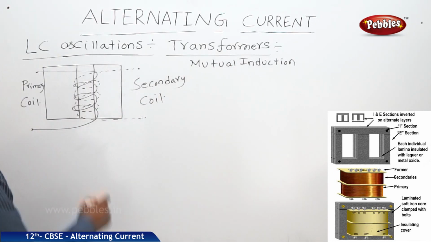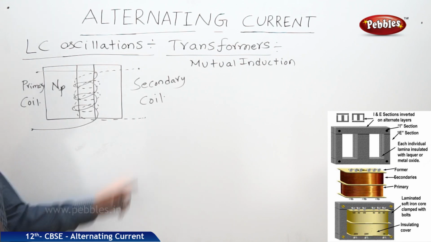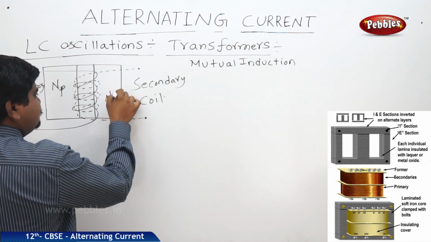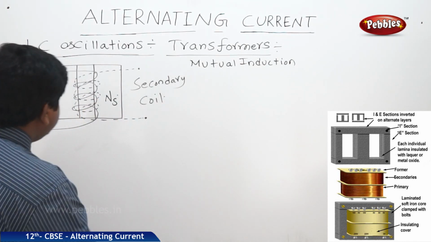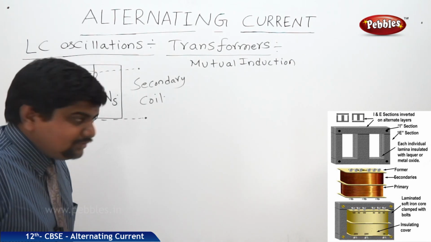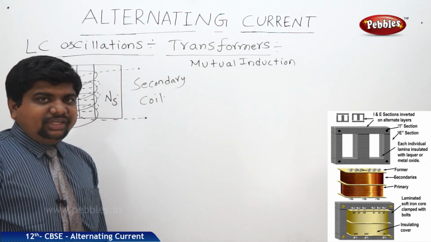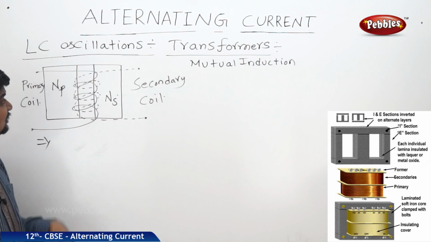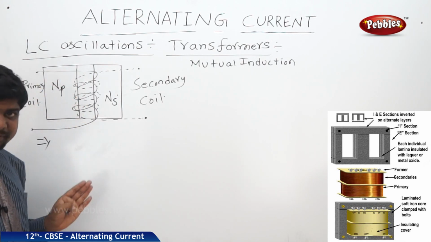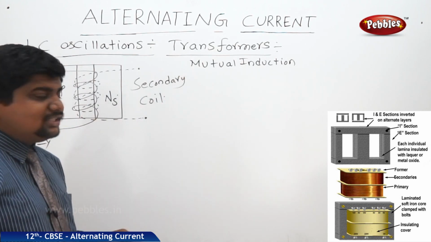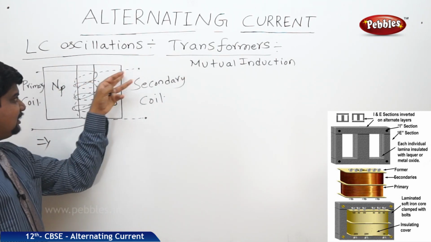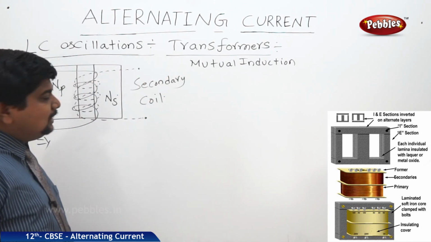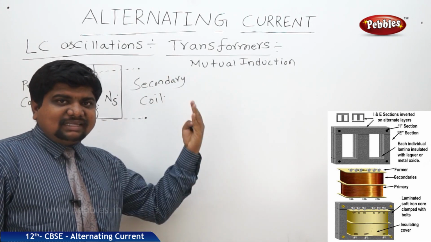The number of turns in the primary coil, let us write NP. The number of turns in the secondary coil, which are dotted by the dotted lines, let us say NS. So, this primary coil has some EMF, this secondary coil also has some EMF. So, there is a possibility for the flux linkage. What is the meaning of flux linkage? Primary coil, whenever it is connected to the power source, it always expels the electric field lines through the unit surface area. That's why this flux creates the induced EMF in the secondary coil. By varying the turns, we can convert the transformers into step up or step down.